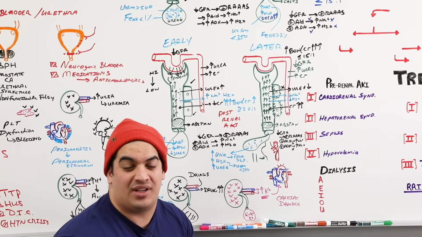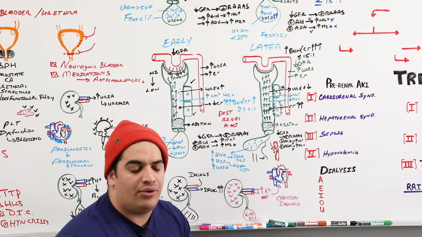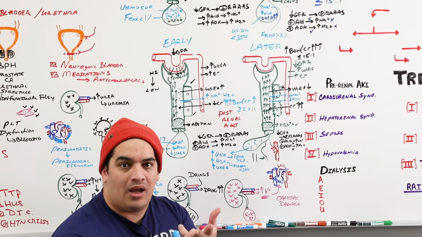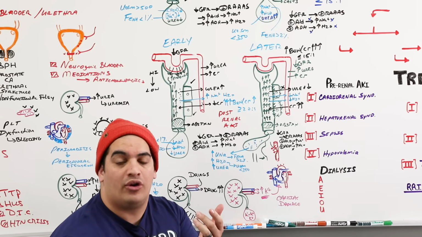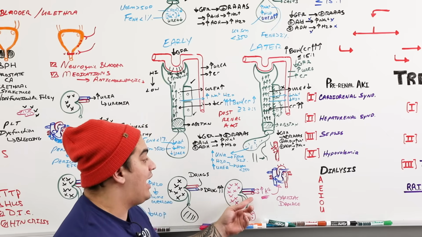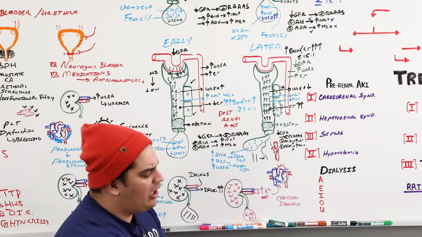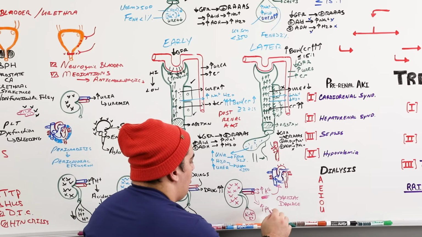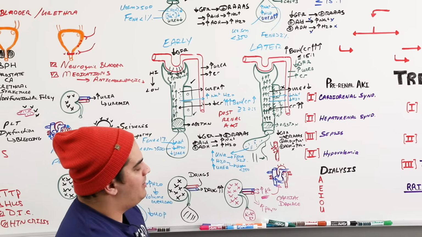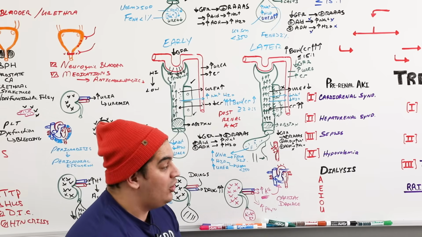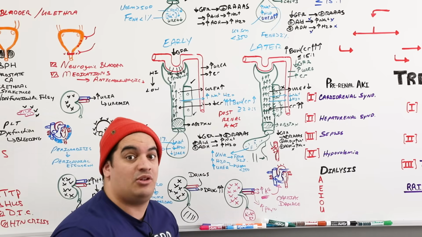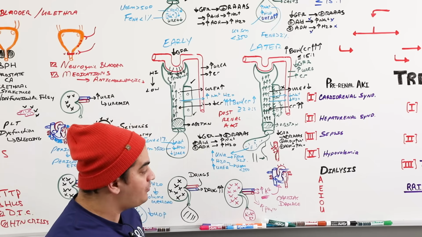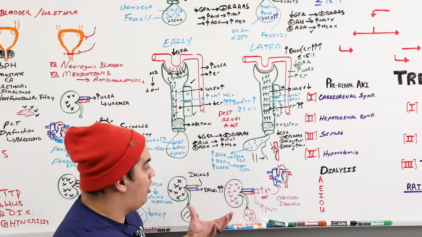So what are the complications that I really want you to remember that are associated with someone having a significant AKI? Uremia, metabolic acidosis, volume overload, drug accumulation, and electrolyte abnormalities, particularly hyperkalemia. But if you want to go the extra nine yards, you can also say hyperphosphatemia. And then sometimes it can even have effects on sodium. Sometimes you may have some sodium retention. Sometimes you may actually get rid of a lot of sodium. And so that could also affect your blood pressure as well. Okay, I hope that part makes sense.